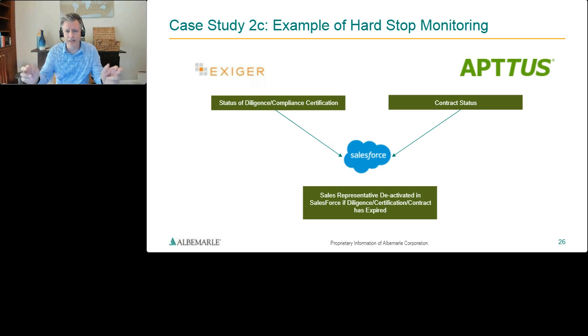Those statuses are then fed into Salesforce, and Salesforce is used primarily to do the order management with our customers. If our due diligence is out of date, or our certification has expired, or the contract is out of date, the systems will tell Salesforce this third party should no longer be active, and it will deactivate that distributor in Salesforce, making it very hard for the customer,